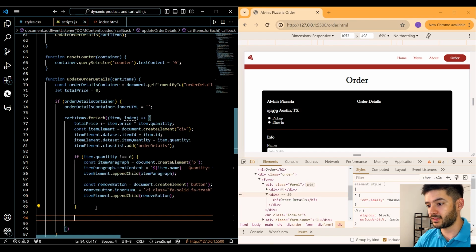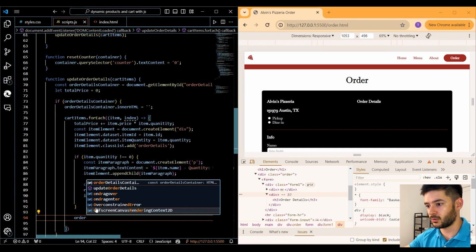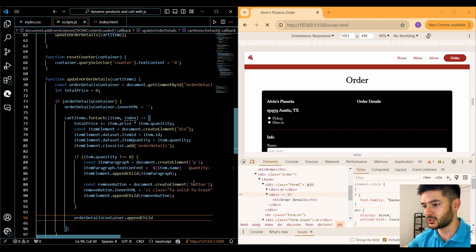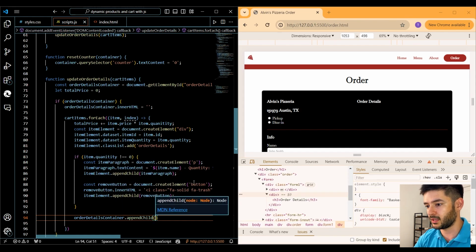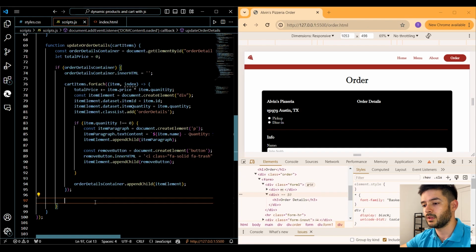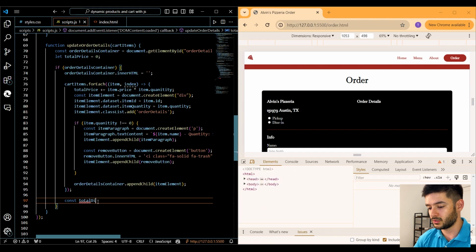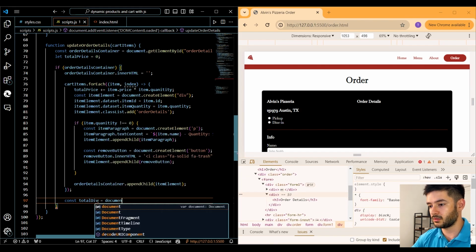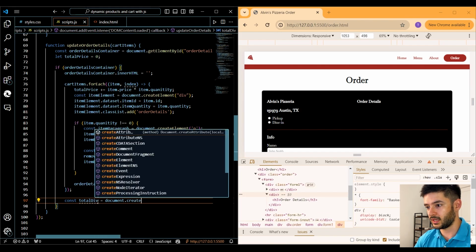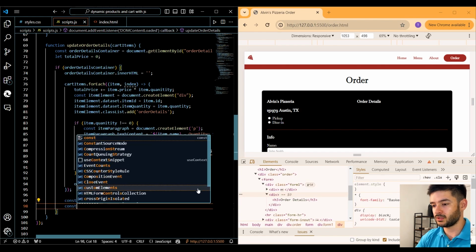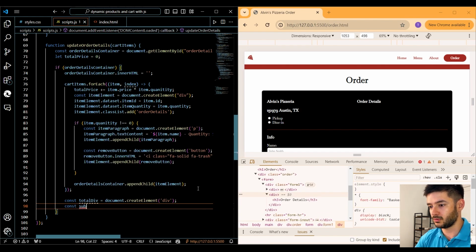And outside of that if statement, we want to use our order details container, and then we want to use dot append child, and we want to append our item element. And then down here, start off with a constant called total div, and that's going to be equal to document.createElement. And what we want to do is create a div here, and we want to create a subtotal variable